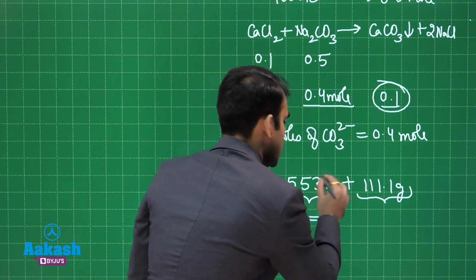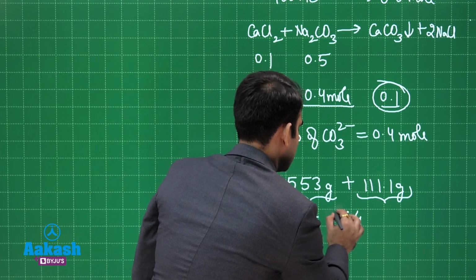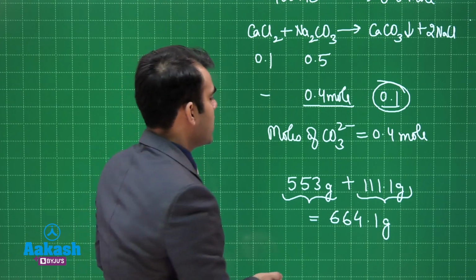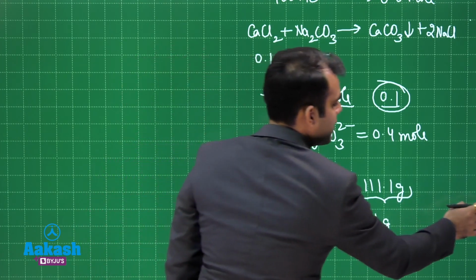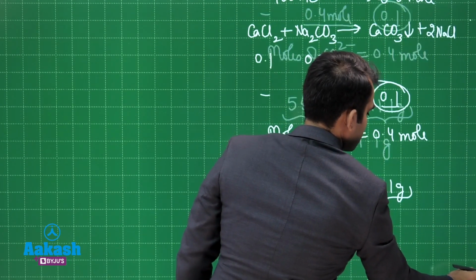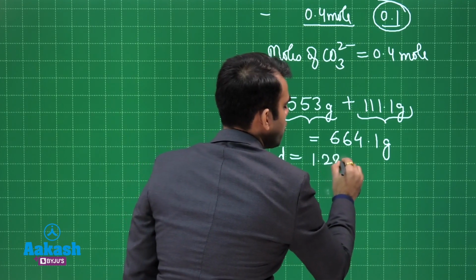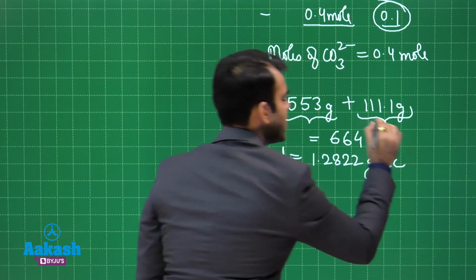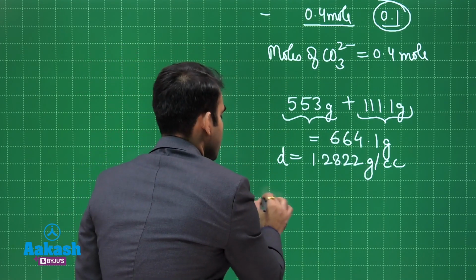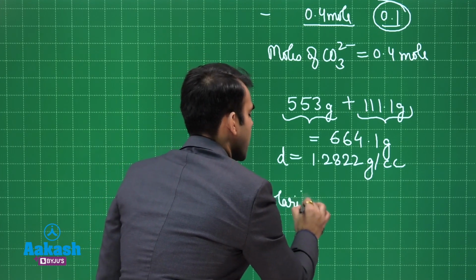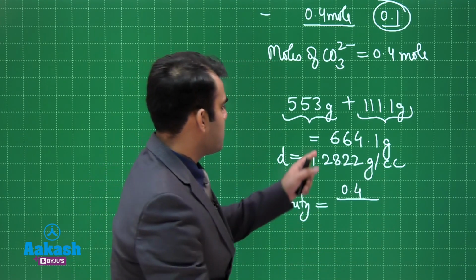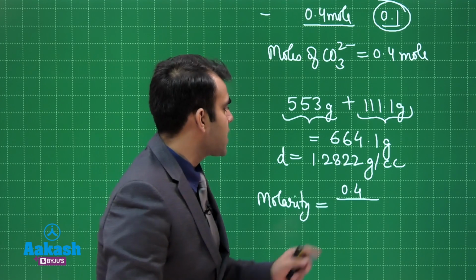On adding these two, I have 466.1 gram. So this is the total mass of solution, and the final density that has been given to us is 1.2822 gram per cc. Now we have total mole, we have total mass and density. So molarity is what? Molarity is number of moles divided by the volume of solution in liter,